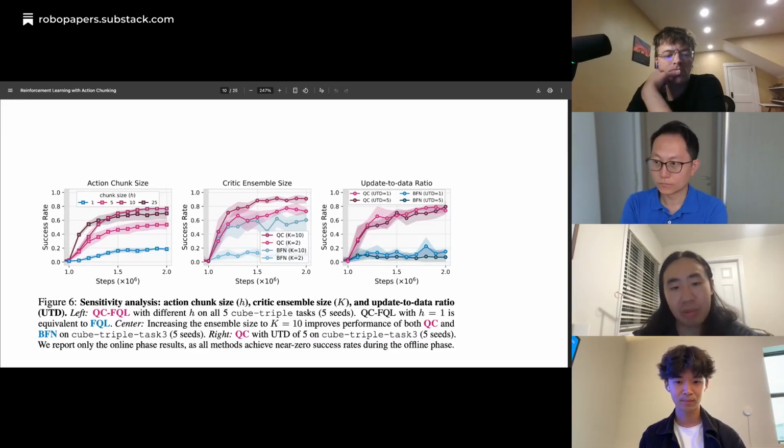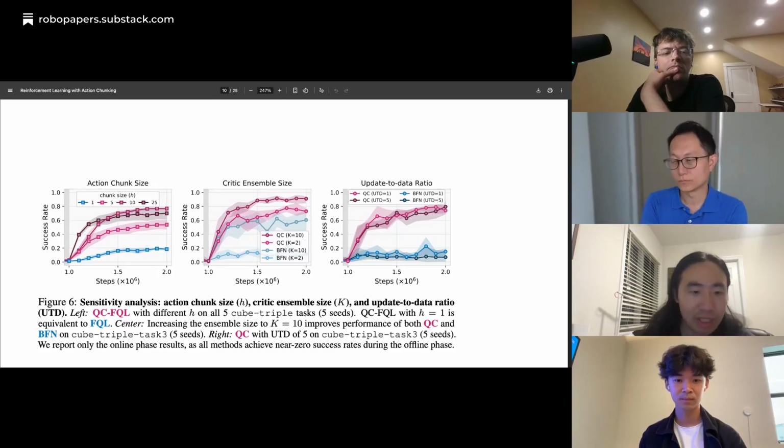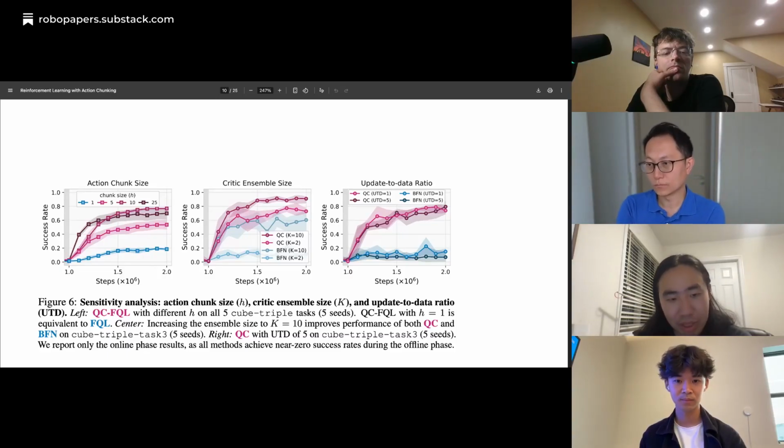And figuring out how to make that more feasible will be a pretty useful thing for RL and exploration, online exploration from offline data in general, which I'm pretty excited about.